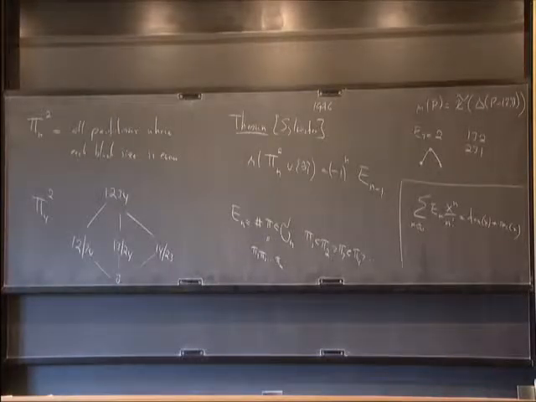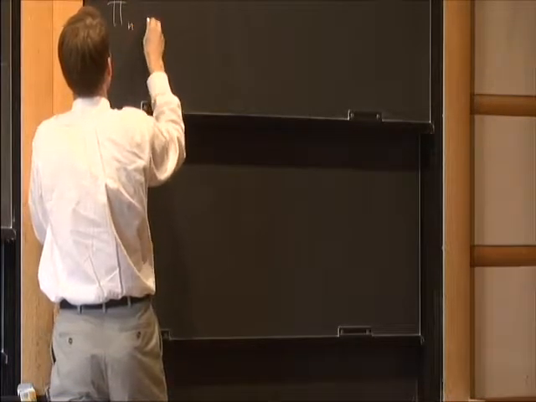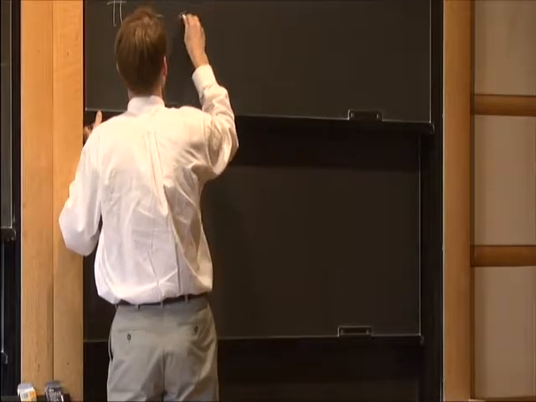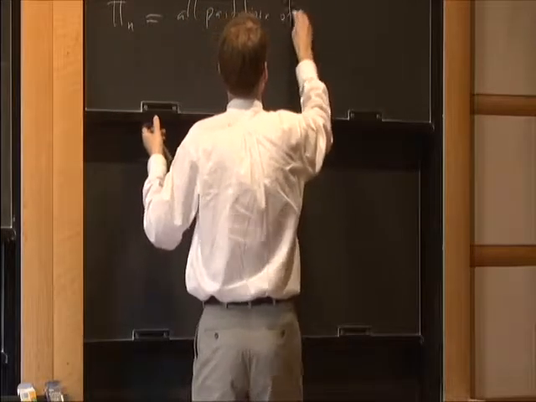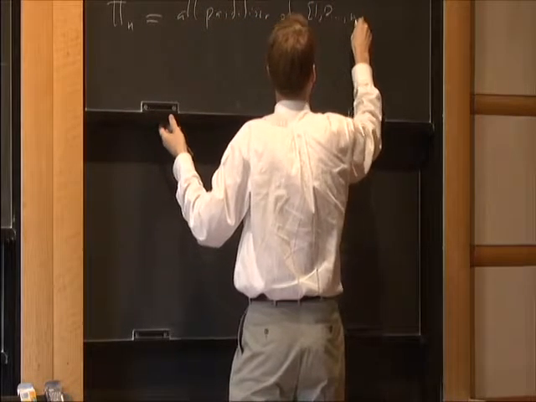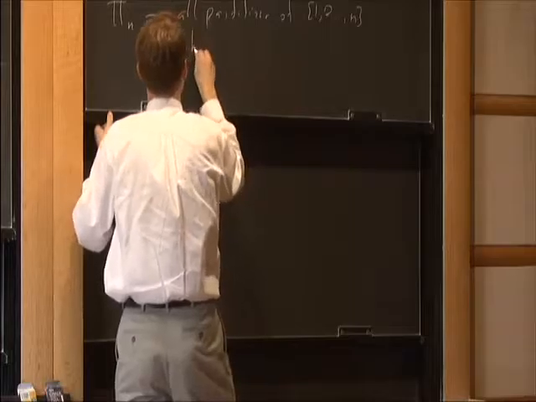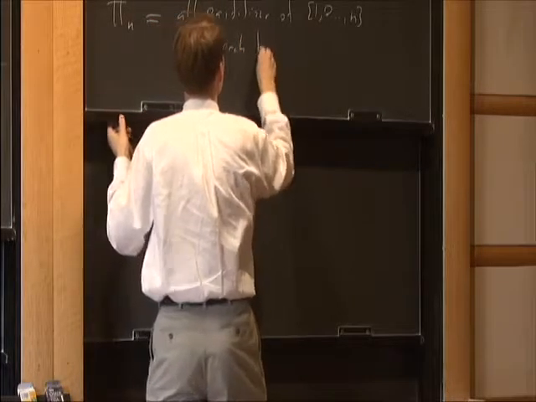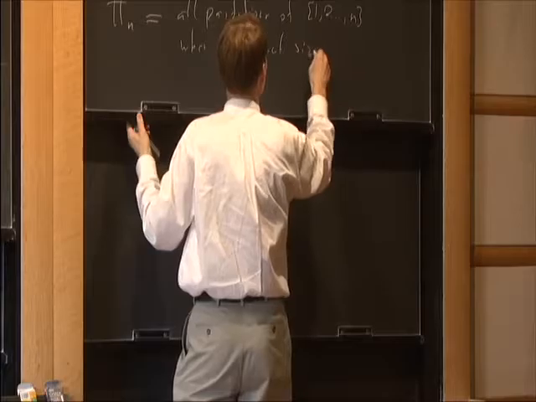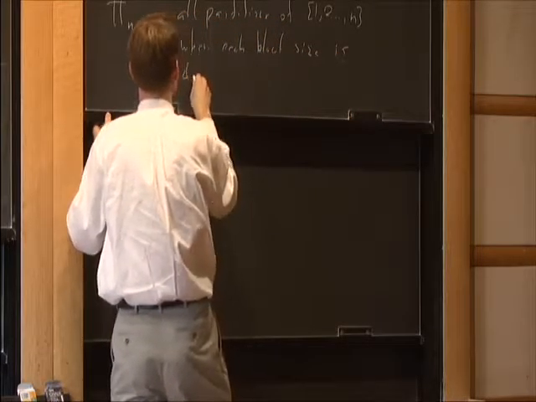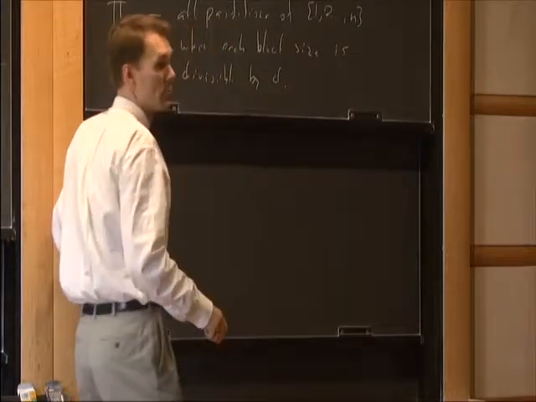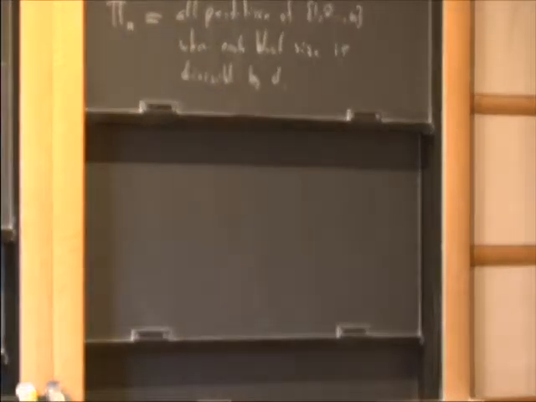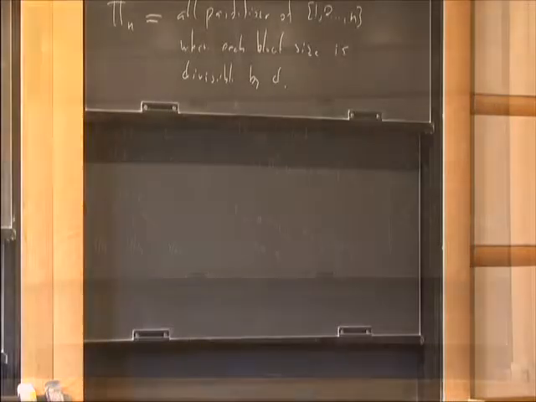Namely, let Pi_n^d be all partitions of the set 1 through n, where each block size is divisible by d. So far we looked at Pi_n with d equal to 2, and then